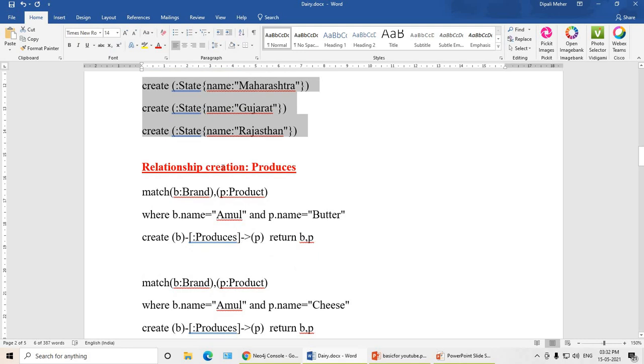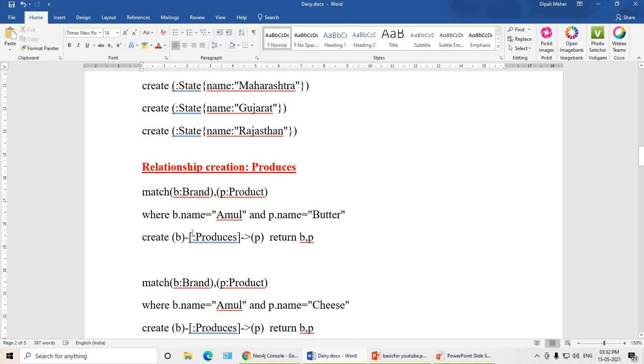Next is, now we have to create the relationship produces. That is, brand produces product. Match brand comma product. So B is the alias for brand, P is the alias for product. Where B dot name, so brand dot name is Amul, and P dot name, that is product dot name is butter. So Amul produces butter. So how to create relationship?